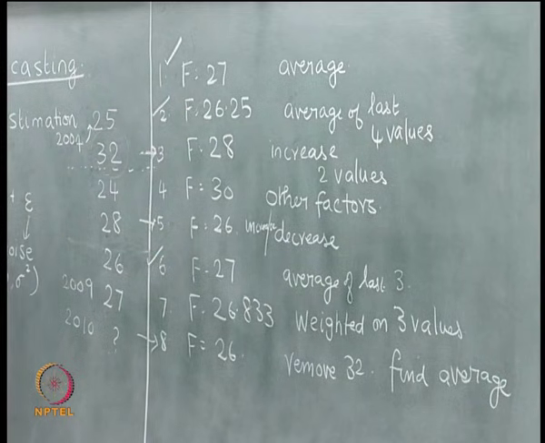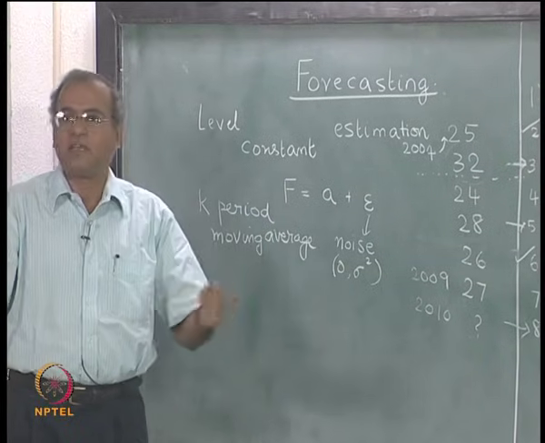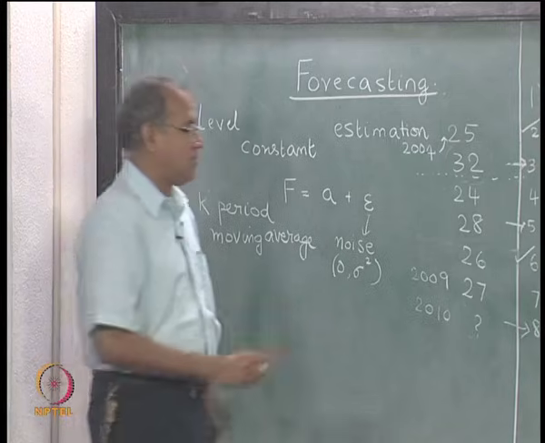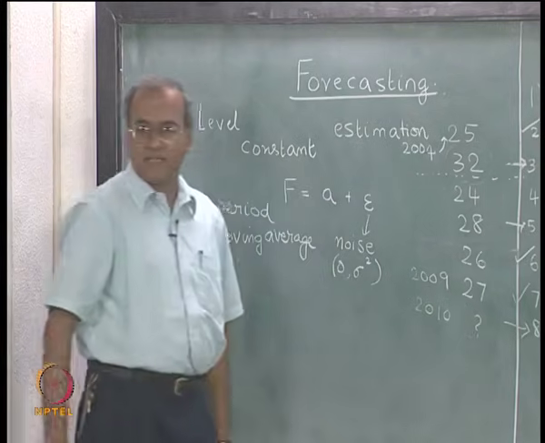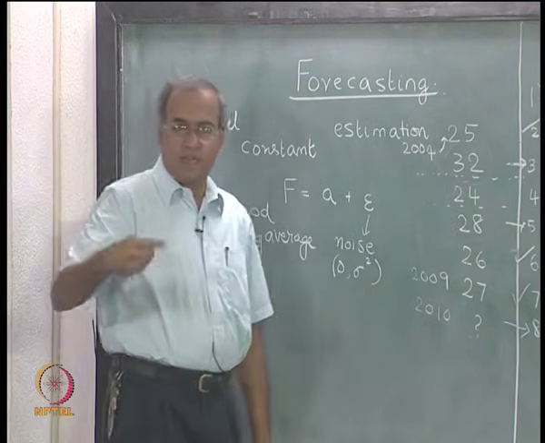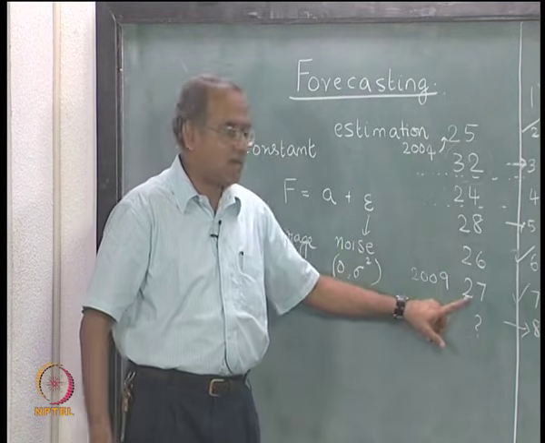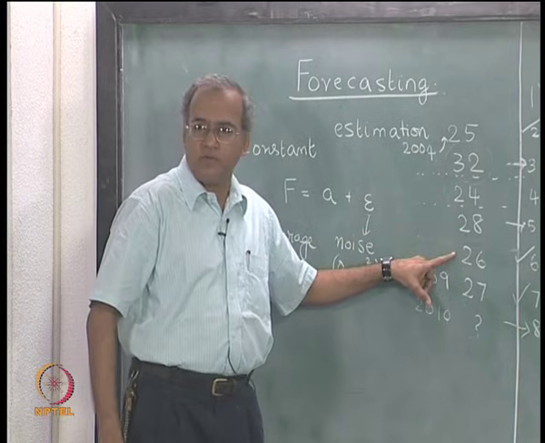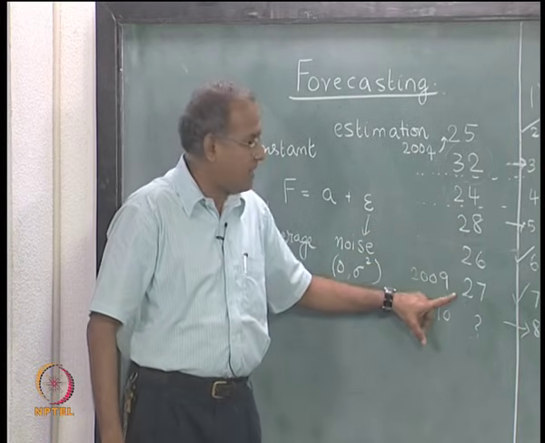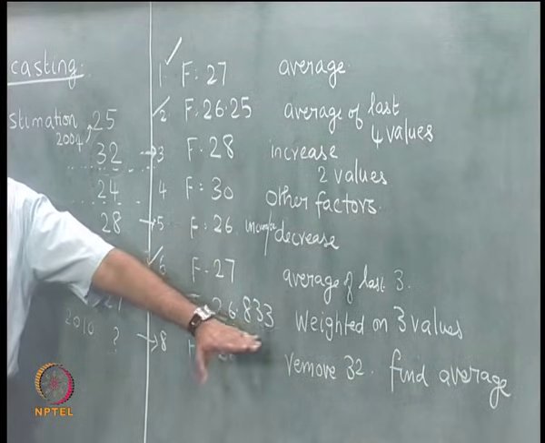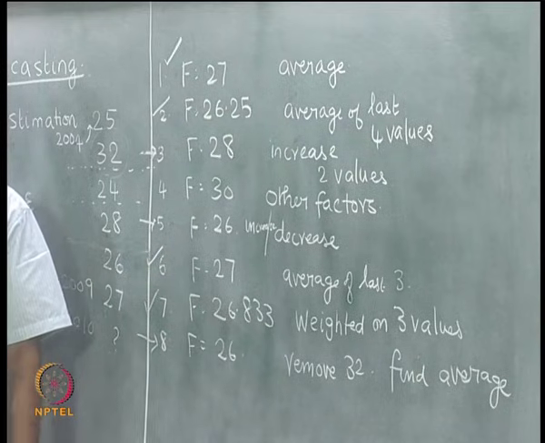The next thing that we can look at is, if we have a simple average and a weighted average, can we have something like a weighted moving average? So, a weighted moving average is shown here with 26.833, which was obtained by considering the last 3 points, but giving differential weights of 1, 2 and 3. The oldest has a lesser weight of 1, the middle one has a weight of 2 and this has a weight of 3, and the 3 period weighted moving average gave us 26.833.